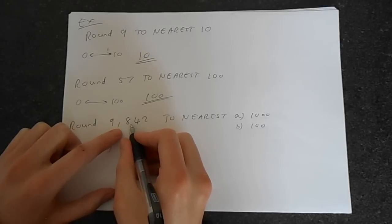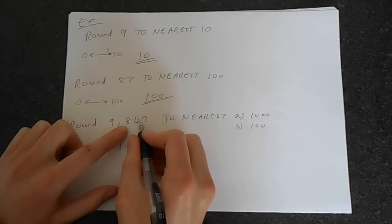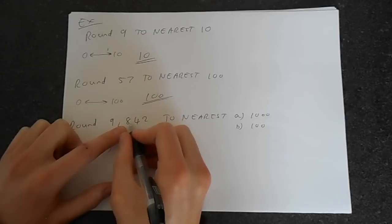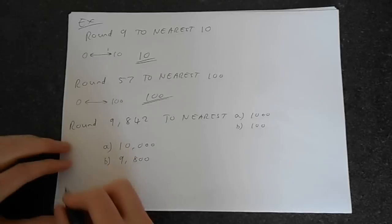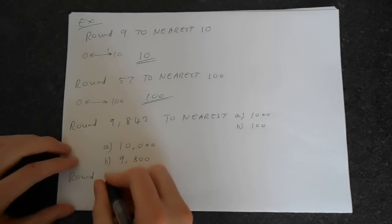And if we look at what hundred it's closest to, is 42 closer to 100 or 0? It's closer to 0, so we're going to keep this at 800. So this is going to be 9,800. And for our last example, we're going to round, it's running out of space, we'll say